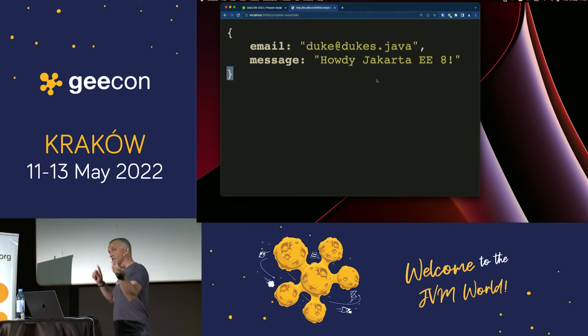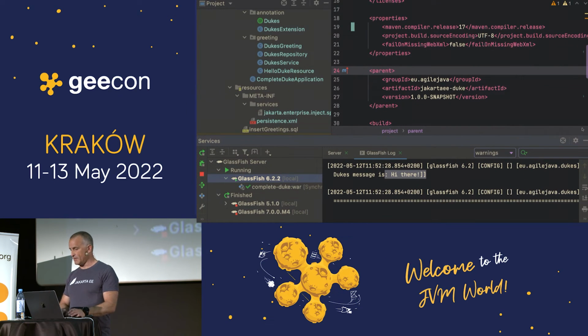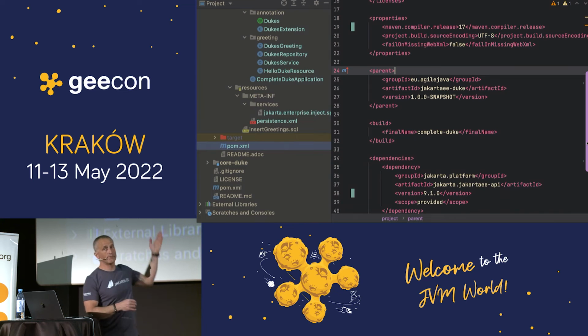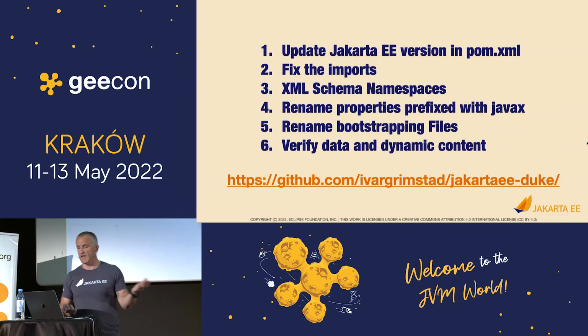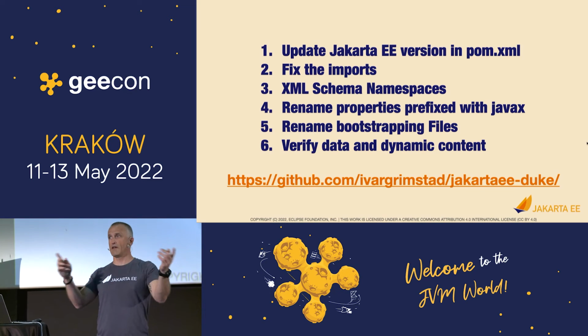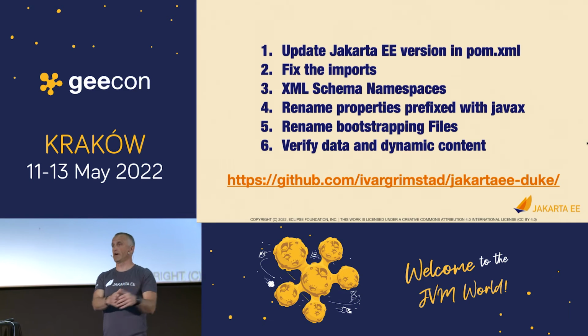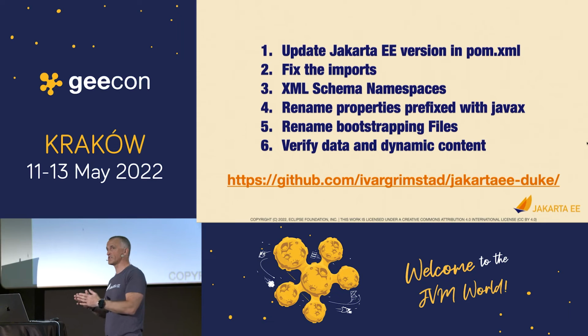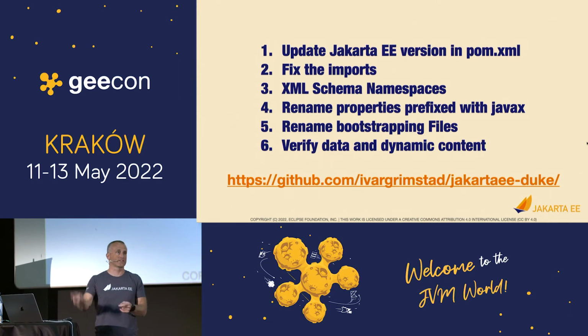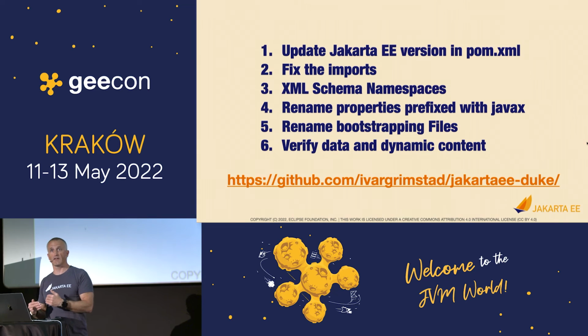And that's the problem. That's the dynamic content thing. It says Jakarta EE 8, and that is because I'm reading stuff from the database. And in my case, it's just a message. It's just hello Jakarta EE 8, you know. But in your application, it could be that you're concatenating strings to make a property string that has a javax prefix. Or you're doing some reflection and using some javax and concatenating some stuff you fetch from a database or property file or somewhere. So those are the dynamic things that you may or may not have to think about.